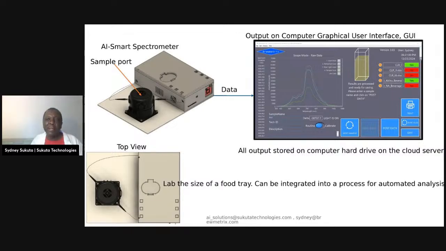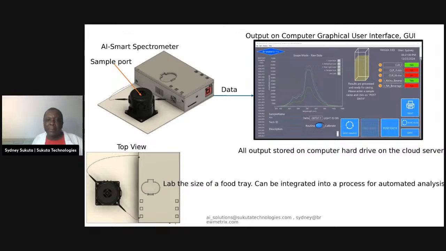And as you can see, all you have to do is click. Once you run a sample here, you just hit, for example, next step, next sample, post data, done. You put another sample, next step, and so on. When you post data, the answers show up here. No chemistry needed. You don't have to know anything about chemistry. Once you're done, you go back, put another sample, and run it again. Now, what I also want to mention is that our team can also integrate this setup in your process or brewery, so it's automated.